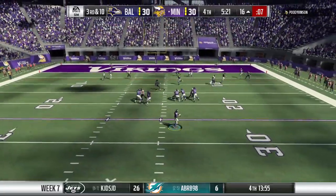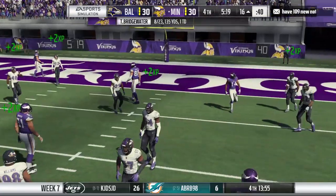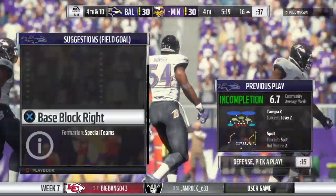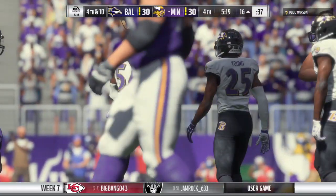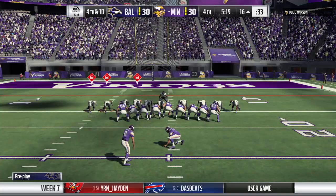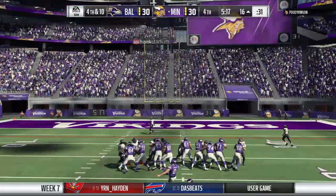From the gun, Bridgewater. And that's incomplete. I think that was a good job there defensively. They did allow them to drive all the way downfield, but once they got their backs to the goal line, they really turned up the pressure. Yeah, they let them get all the way down here. Now the field shrinks. They struggle to convert, and that last incompletion brings up